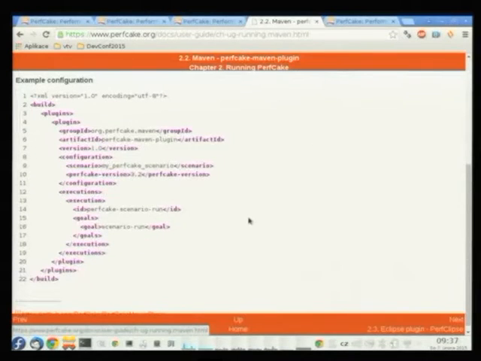So just Maven exec, and that would be it. You can see here we have the documentation that currently is released even in HTML.